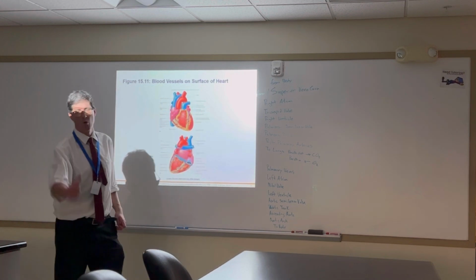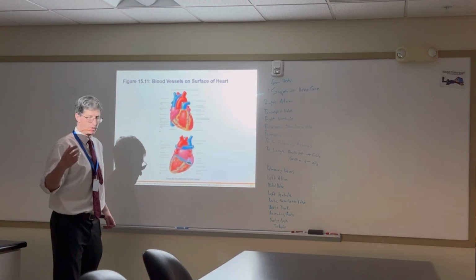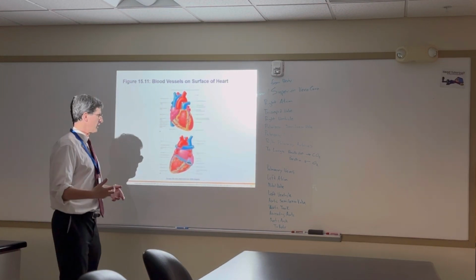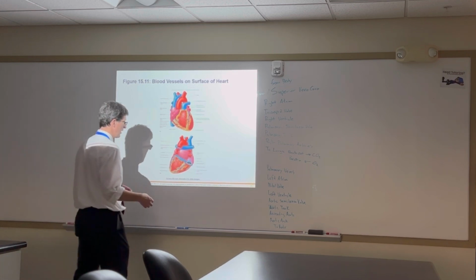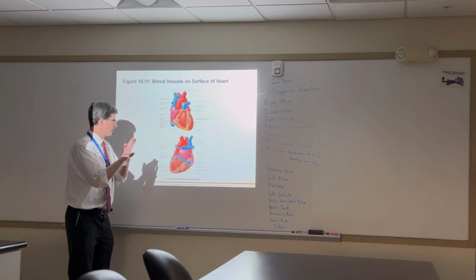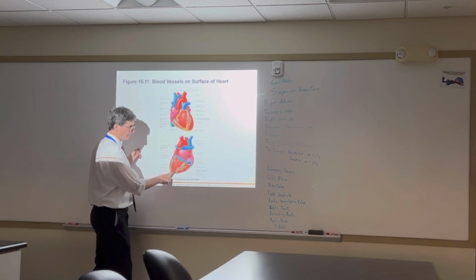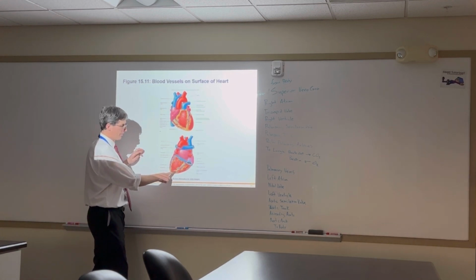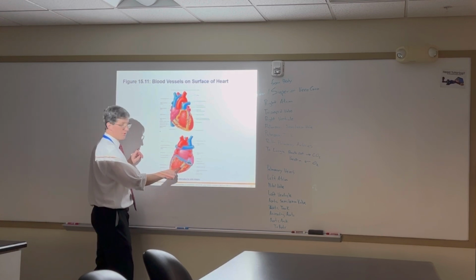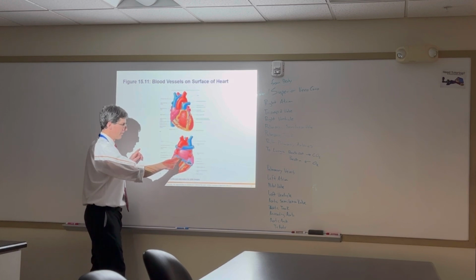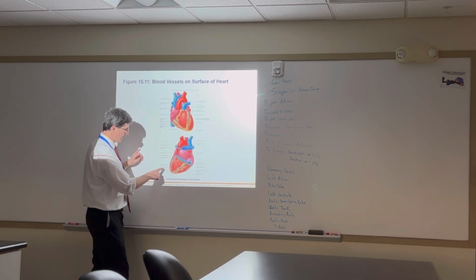Cardiac veins take blood away from the heart. So just like other cells produce waste products, the heart also produces waste products. There are four main ones that you need to know. On the back of the heart, there's the great cardiac vein, which runs right next to the posterior interventricular. It goes up the back of the heart in between the two ventricles and dumps into this fat thing that looks like a slug. You have the middle cardiac vein,